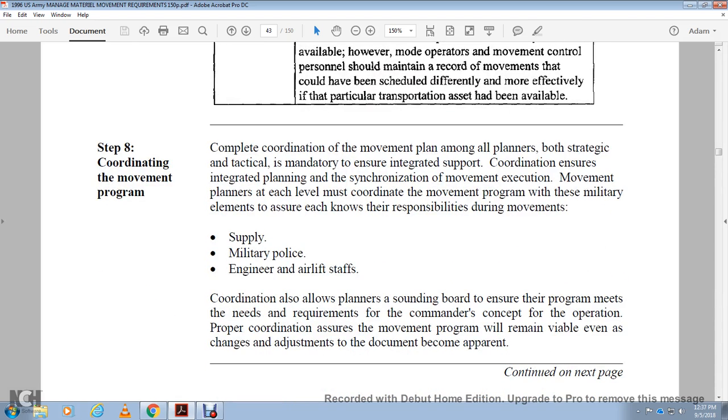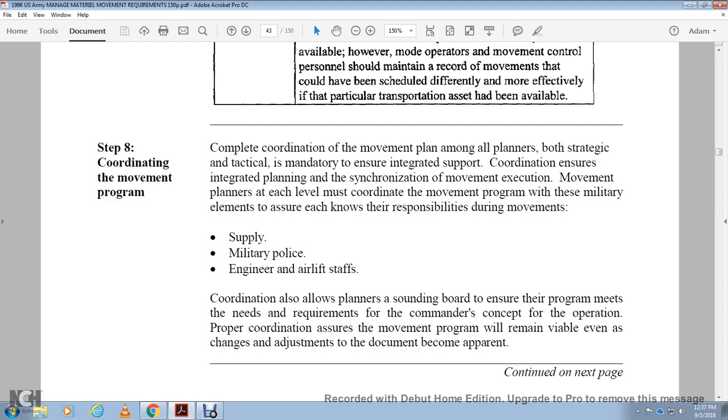Step 8, coordinating the movement plan. Complete the coordination of the movement plan among all the planners, both strategic and tactical, to ensure integrated planning and synchronization of the execution of the movement at the planner level. Coordinate the movement program with the military elements to ensure that each knows what it is responsible for